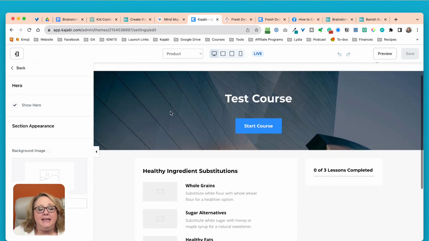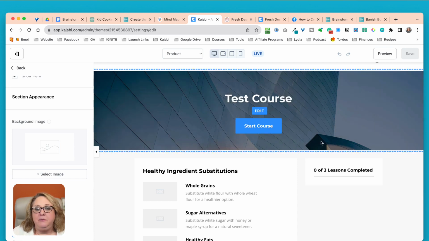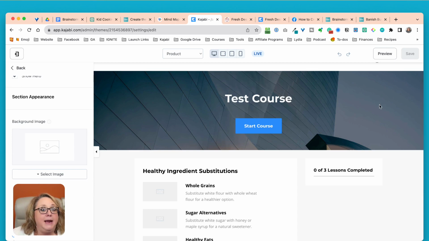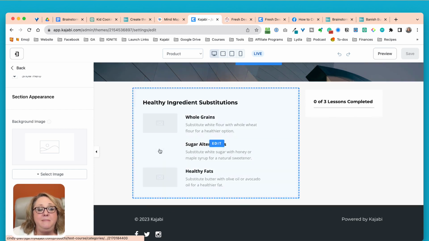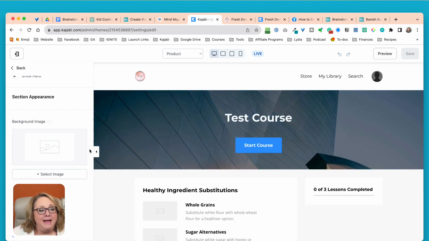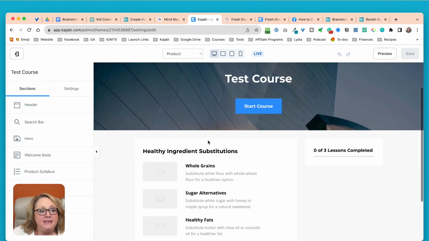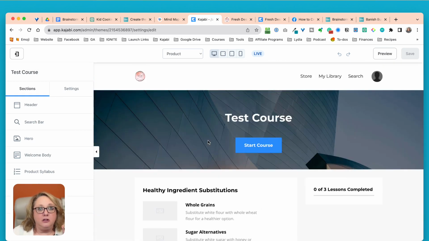Everywhere you click gives you the ability to upload a background image. So that beautiful charcuterie board that we got from Canva, we uploaded that right here into the banner. We changed the background color of this. We used thumbnails, and thumbnails will automatically be brought in from your lessons and your modules. But this editing section is where you get to decide how your course looks.